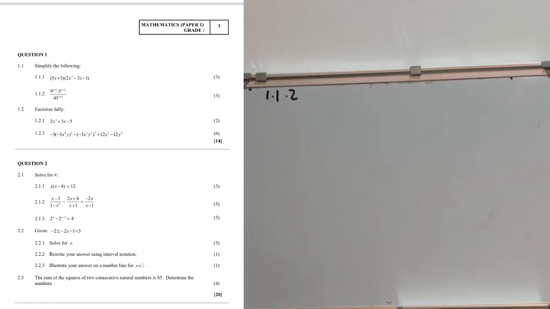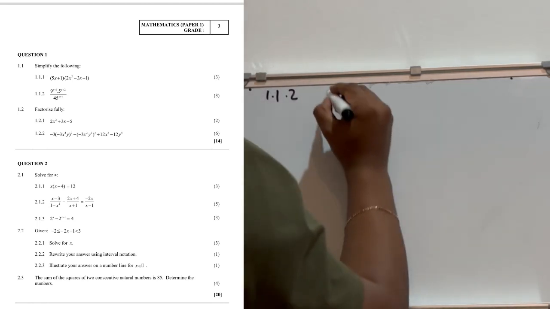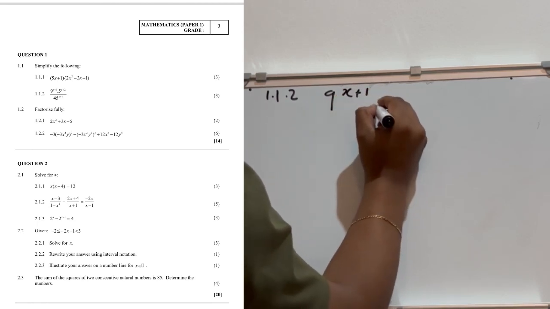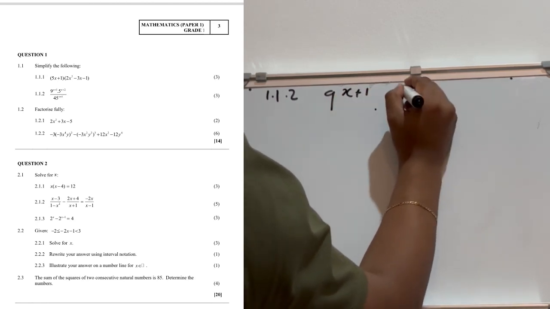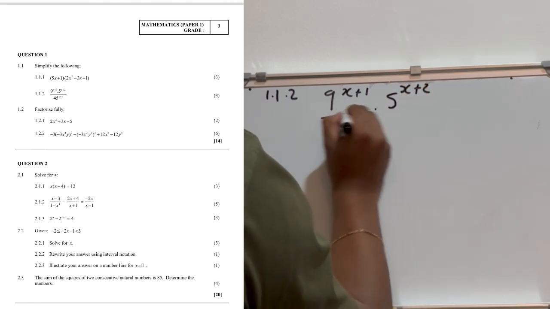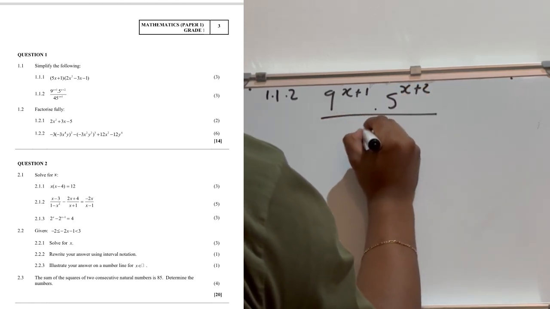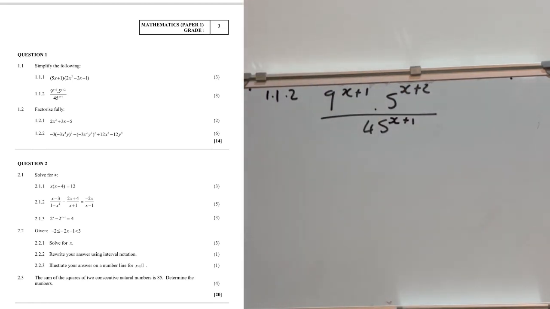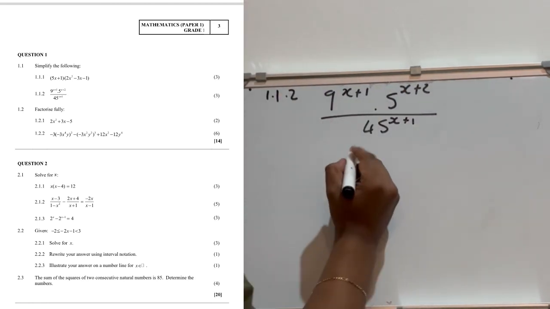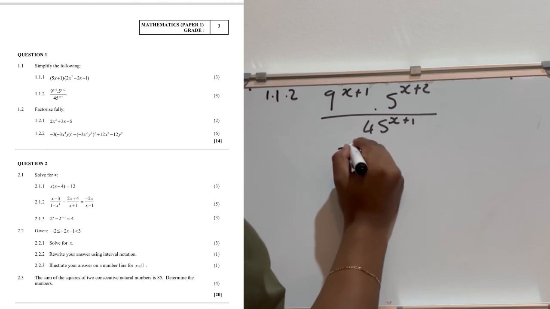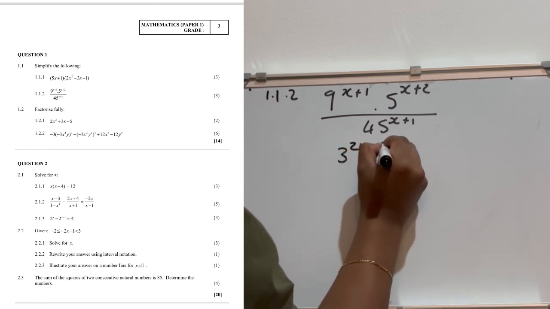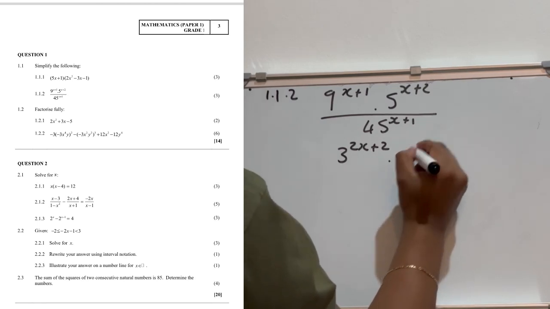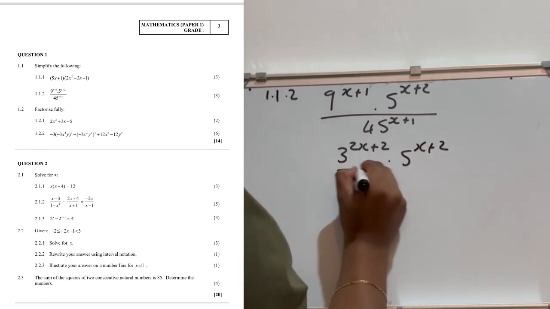1.2, 9x plus 1 times 5x plus 2. Okay, so the first thing is here, we try to put all these numbers in prime numbers. So that's 3 to the power 2x plus 2, because that becomes 3 to the power 2 times 5x plus 2 over